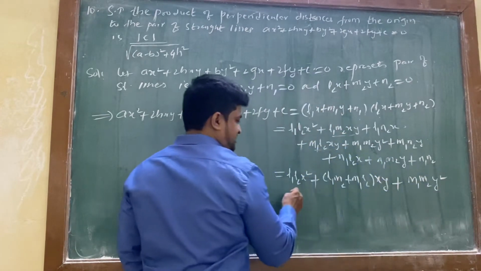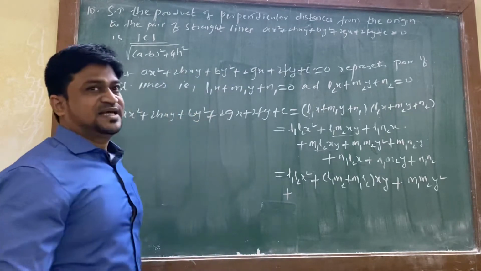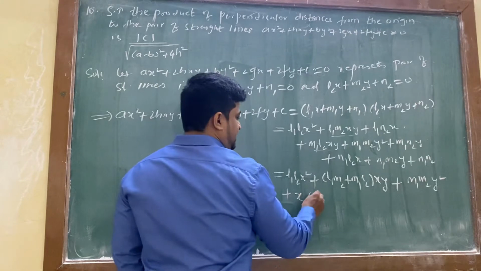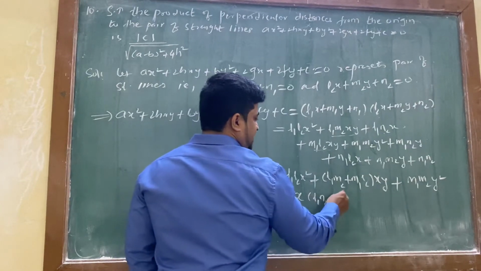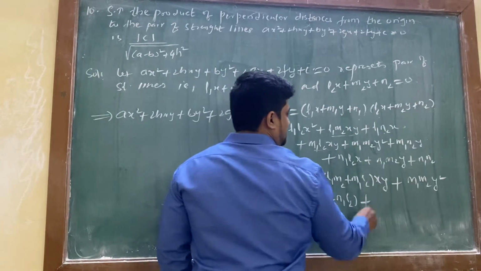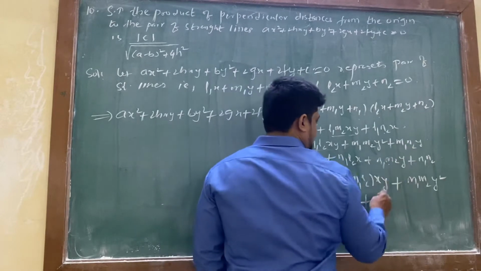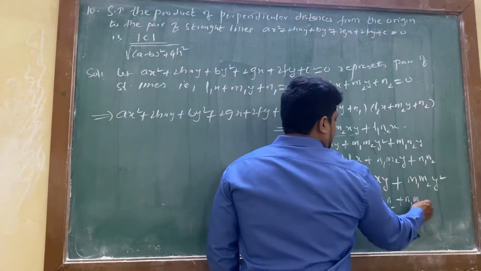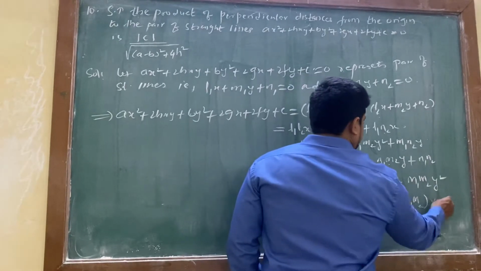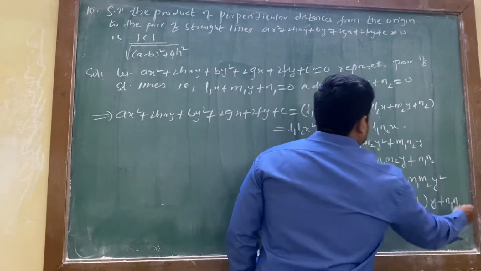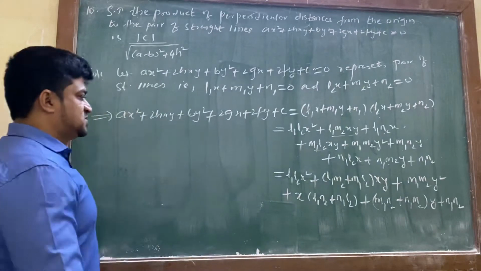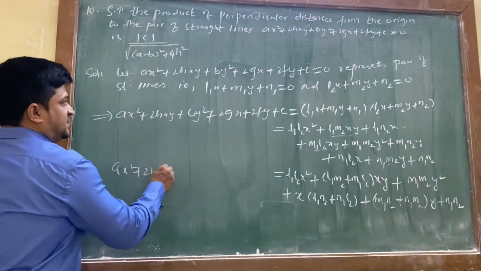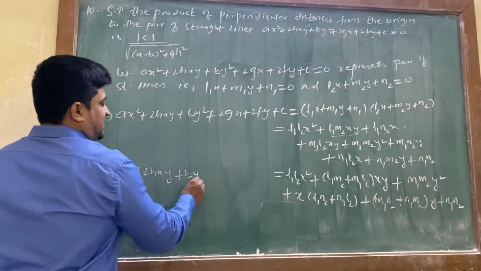Then the next terms, whatever terms have x, we have to take x common, L1 N2 plus N1 L2, plus y common, M1 N2 plus N1 M2 into y, plus N1 N2. So this one we got for ax square plus 2hxy plus by square